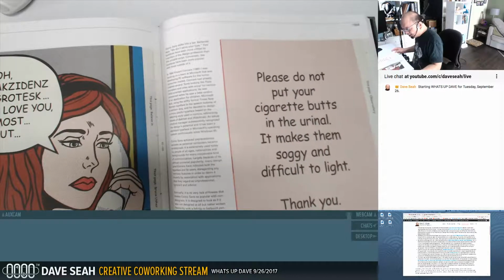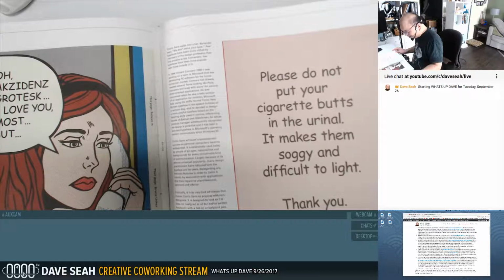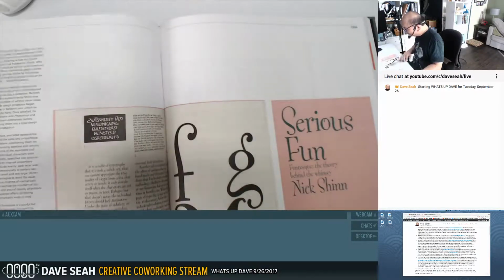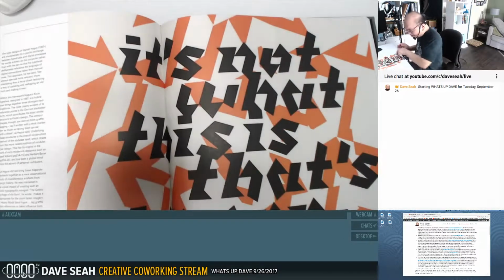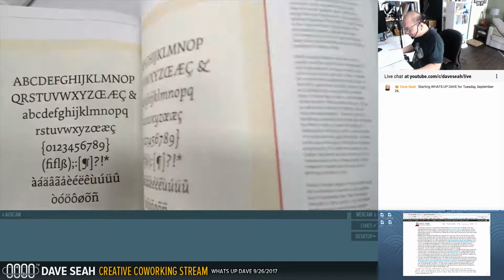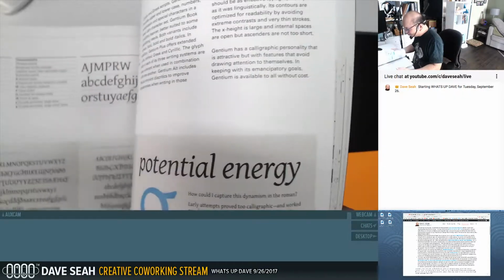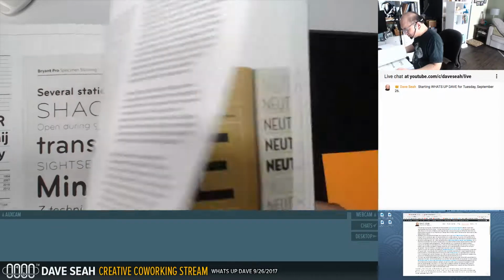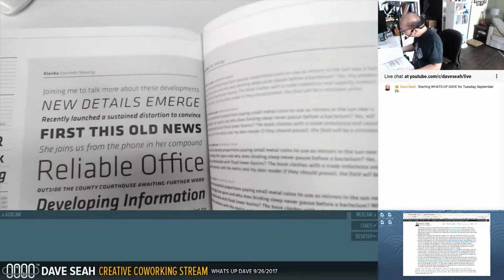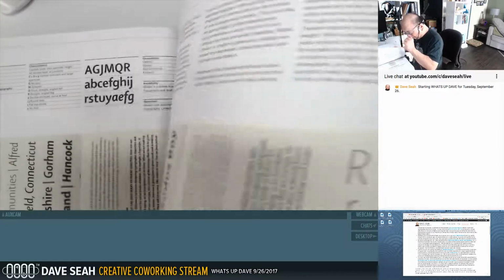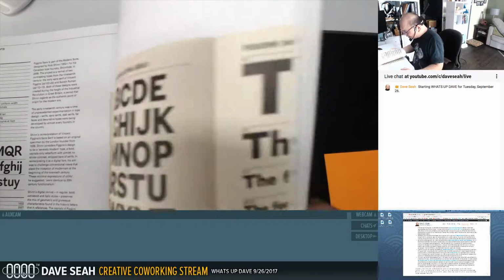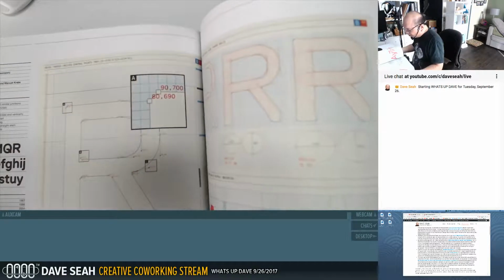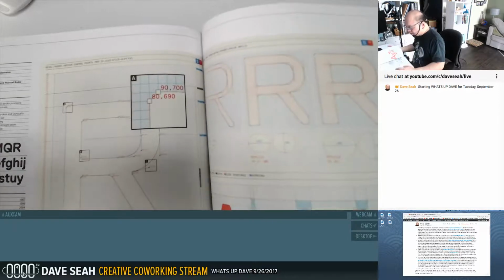Platelets. Comic Sans. Fontesque. This is like the best book ever. I was on the fence whether I should buy this or not. I think it was fairly expensive, maybe $70 or something like that, but this is an educational resource, and I will be a more informed designer after this. If I had a coffee table, this would be on it. Maybe I should get a coffee table just to have this book on it. That's not a bad idea. Now that I have the space for it back there.